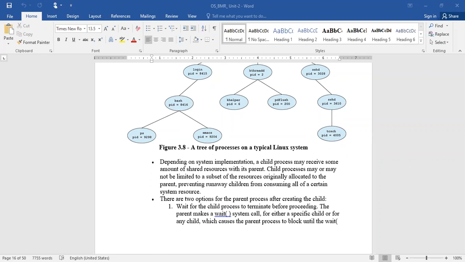Either it needs to wait for the child to complete the task, or otherwise it simply creates the child process, leaves it, and the parent process continues its execution. These are the two different possibilities that exist for the parent process after creating the child.